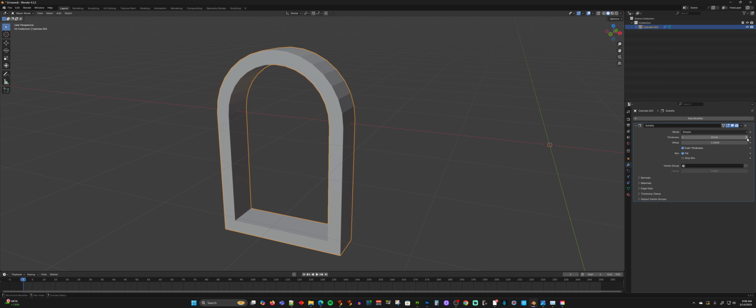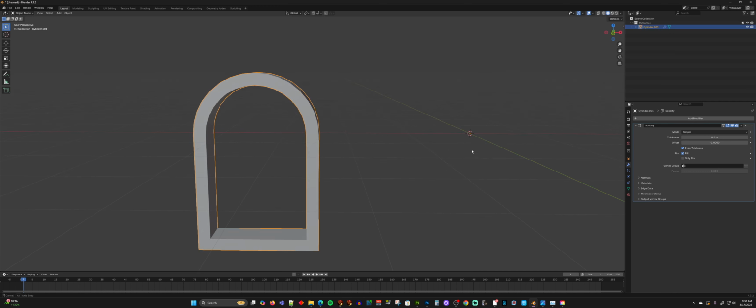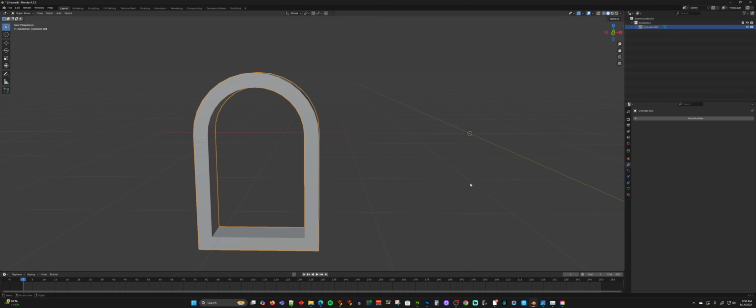The nice thing about this is it's non-destructive, so you can play with it a while and do things to it that you like. Okay, but then when you want to actually work on the geometry, you have to apply this. So just pull that down and hit apply, and now we have